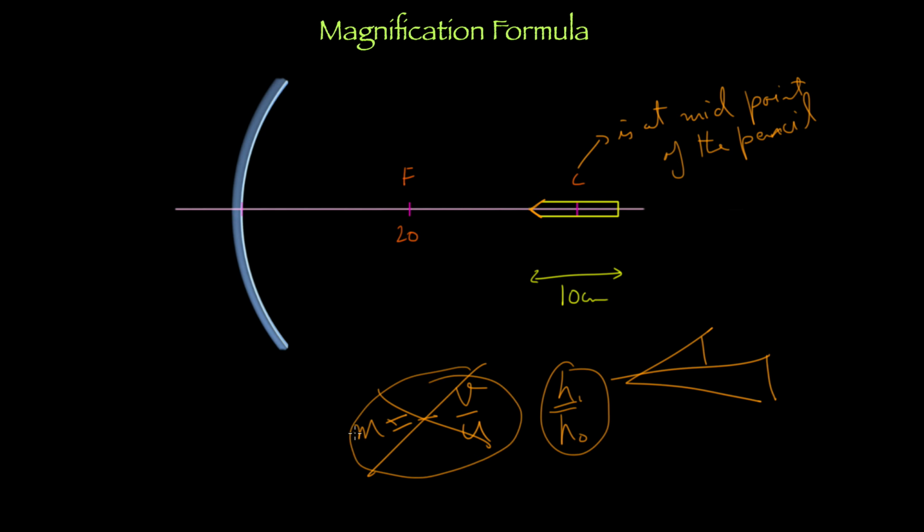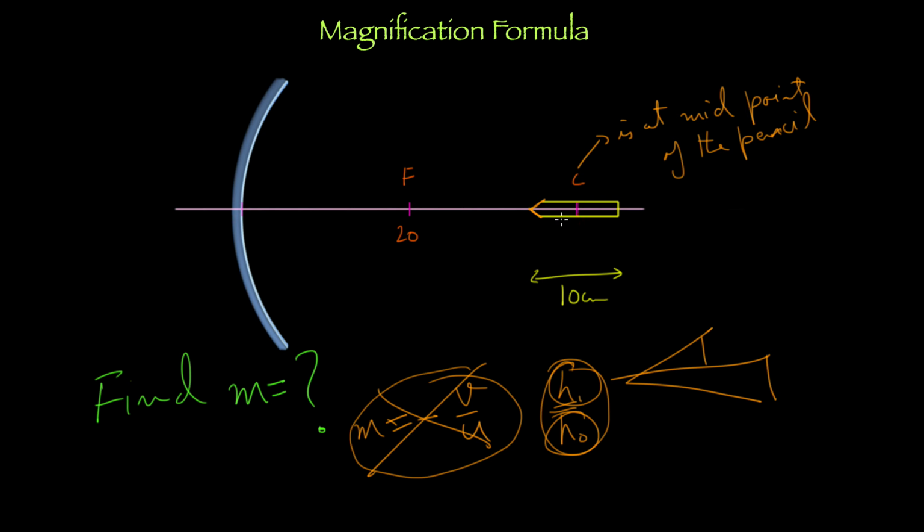So you can't use this formula. This formula was basically only when you had vertical heights, right? But what was magnification? What did I say? Size of the image divided by size of the object, right? Using that concept, you get the magnification. So is the question clear? Find M. Find magnification. Okay?